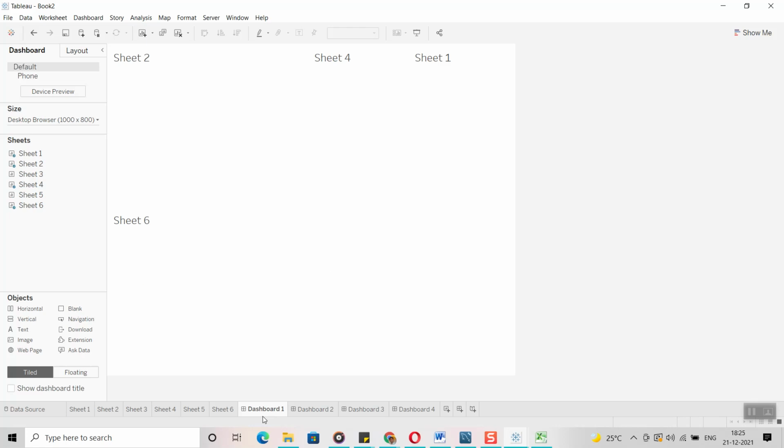This is a simple thing you have to remember. In each worksheet we are going to create only one visualization, and a dashboard is a collection of different worksheets. And another option we have is a story. So now we have seen this is a new worksheet and this is a new dashboard, and after the new dashboard icon, we have a story icon.